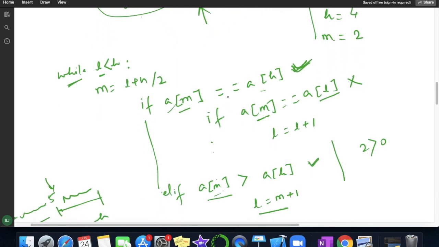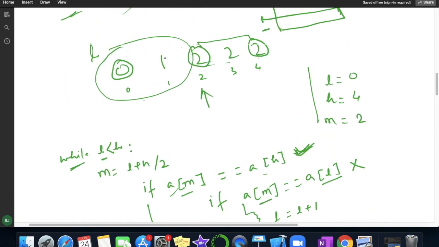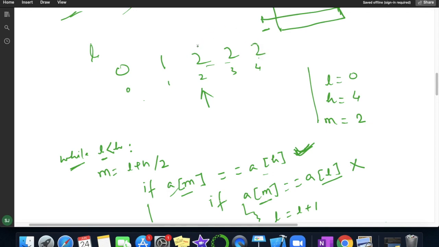Else we will simply write else high equal to mid. This is my if and this is my else. So high will be mid. So high is mid. Mid is currently 2.